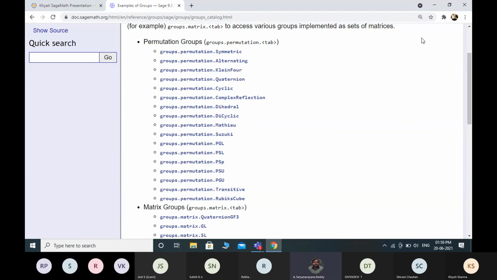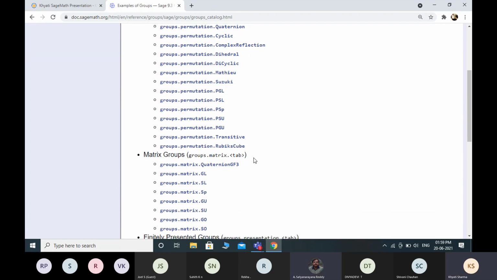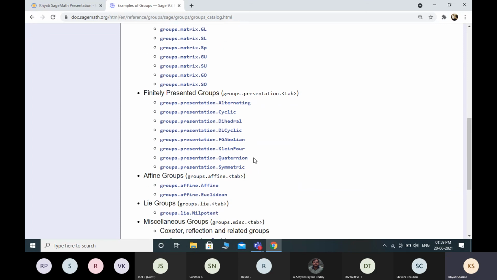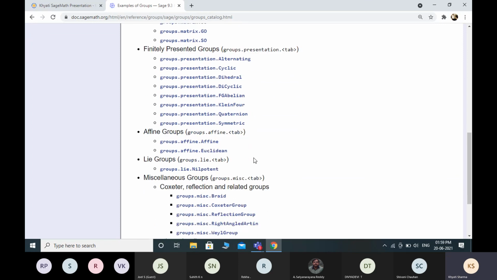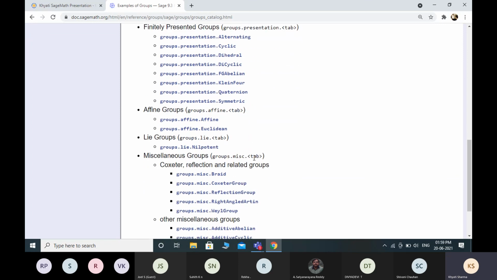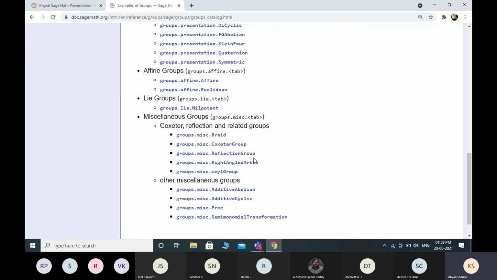All right. So these are the groups: matrix groups, finitely presented groups, affine groups, Lie groups, Coxeter reflection and related groups, and other miscellaneous groups also. So many things are here.